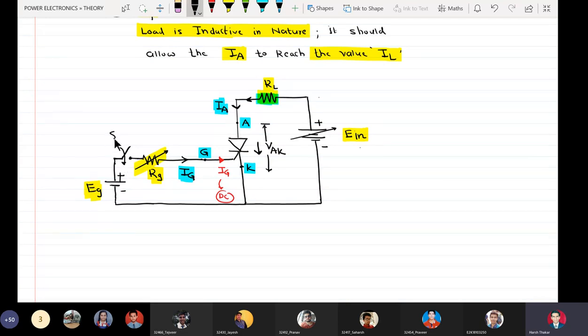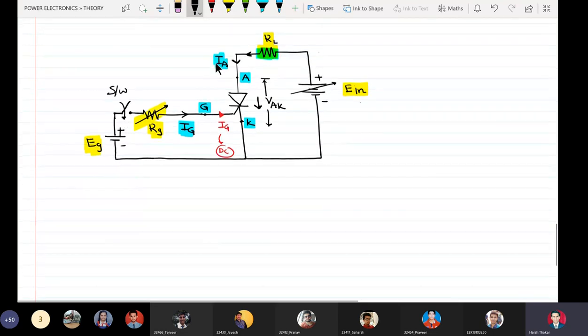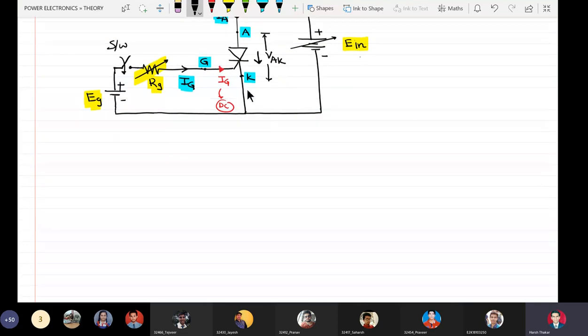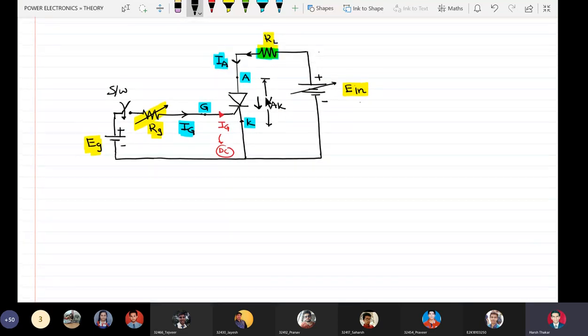I simply add a switch here. So now how do I demonstrate the power of pulse triggering? It is simple.